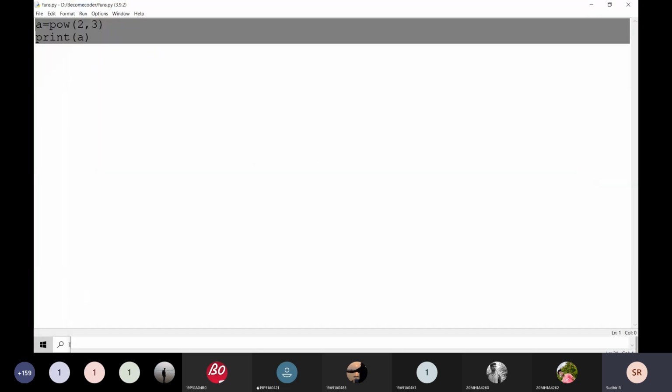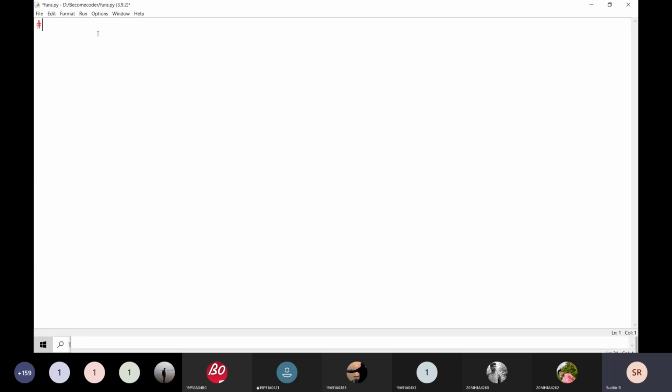Just note down, there are two parts. The first one is going to be the function call, and the second one is going to be the function definition. And we are always using two types of methods or functions. I'm going to give you the priority values.